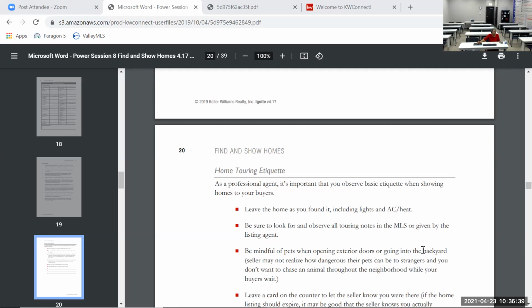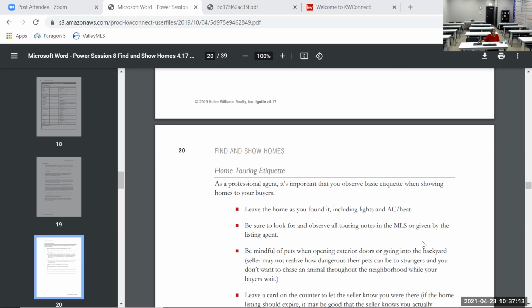Be sure to look for and observe all touring notes in the MLS or given by the listing agent. Again, that's going to be in those agent remarks in the MLS. You want to make sure that you're adhering to all touring notes. Sometimes there may be a code to access the house and it's not a lockbox. If you haven't read those notes, now you're standing at the house looking for a lockbox. That has happened to me. I'm telling you, I'm not telling you anything I haven't experienced. So please make sure that you read those agent remarks, because there may be an alarm on